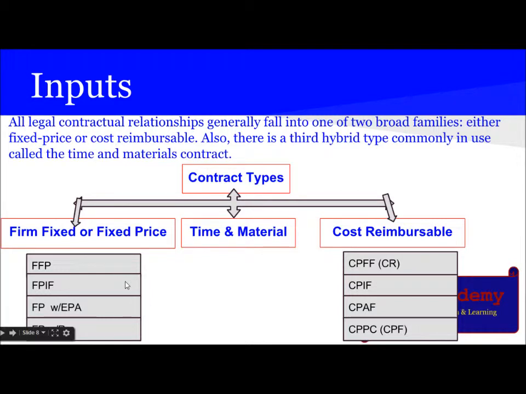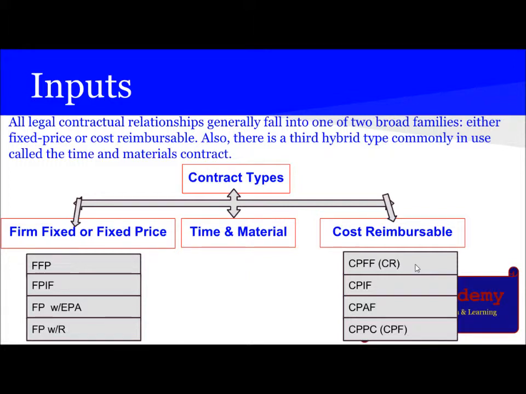Next is FPIF, which is fixed price incentive fee. Third is FP-EPA, which is fixed price with economic price adjustment. And the last is FPRD, which means fixed price with redetermination. Here under the cost reimbursable,